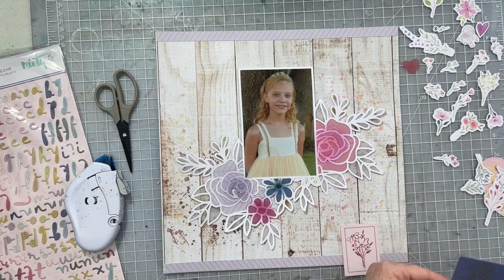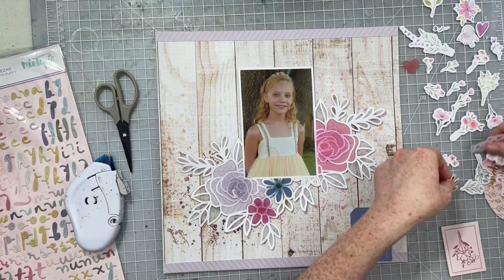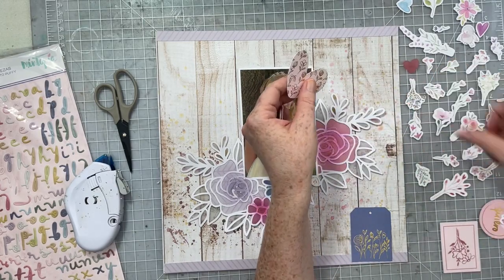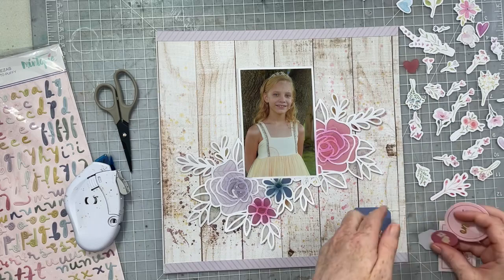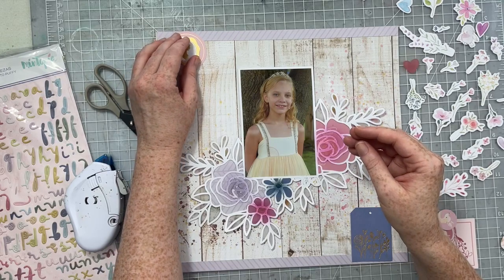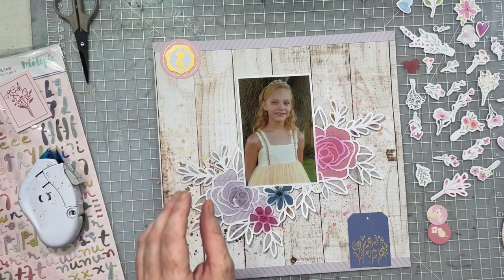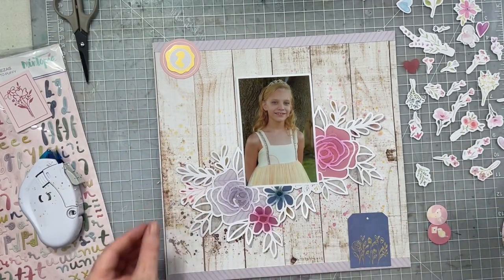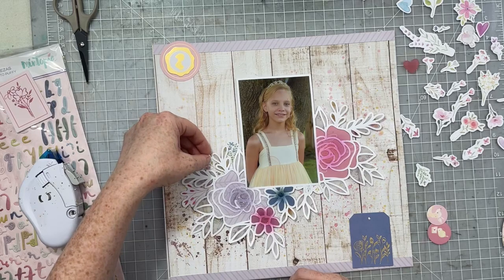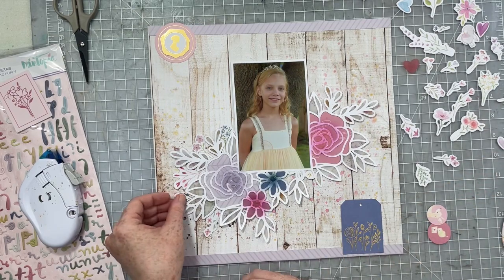There were a couple, as I was going through all the die cuts, that I knew right away where I wanted to put them. So I am just going to go through all of these different elements and find good spots for them. I know that I want to put something in the upper left-hand corner. And what I decided to do is go with this pink circle with the gold foil silhouette on top. The gold foil silhouette is of a girl, and it just worked really well with my photo and the design. I do have that gold splatter in the back, so adding that extra little pop of gold worked really well. And then I backed it with that pink circle,